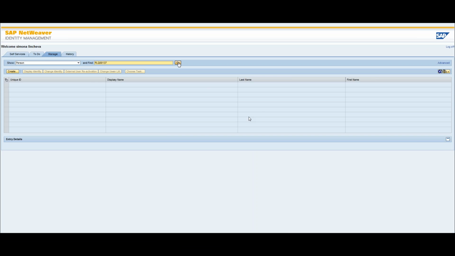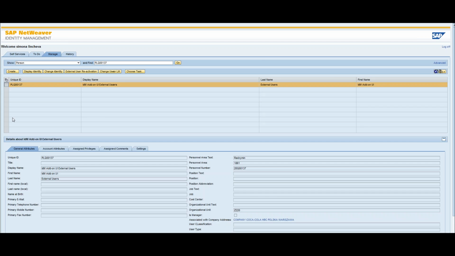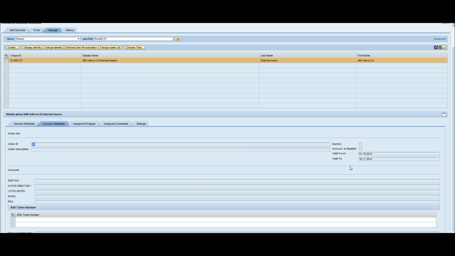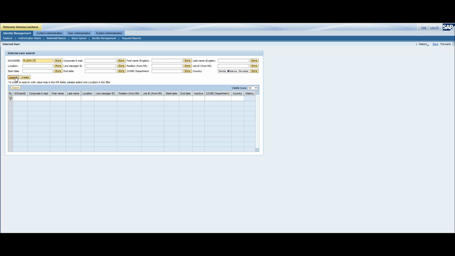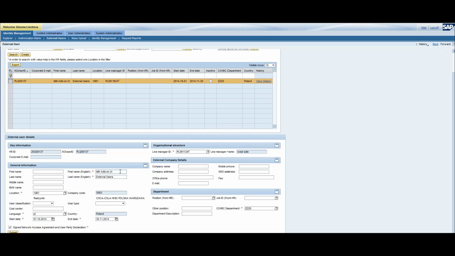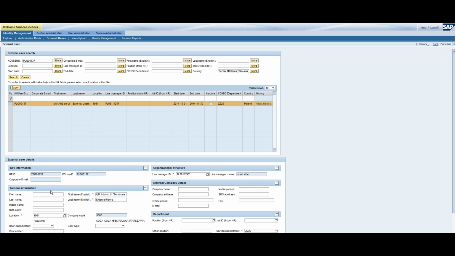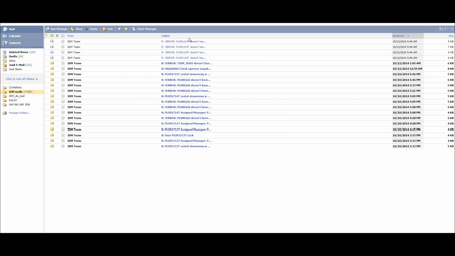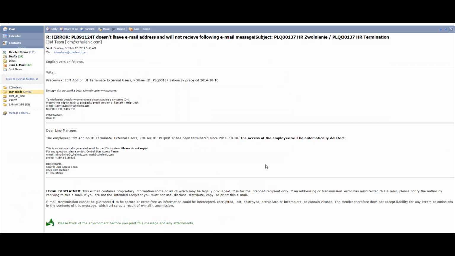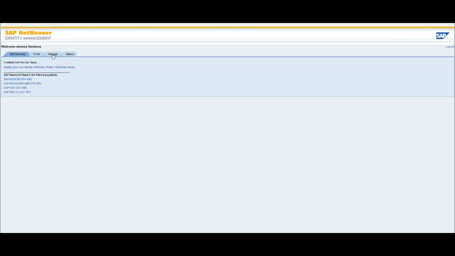Here we can check and see the user in the standard IDM UI. Now we can search for this user in the external user UI. Here we will terminate the user. The user is terminated by setting an old value for the validity of the user.